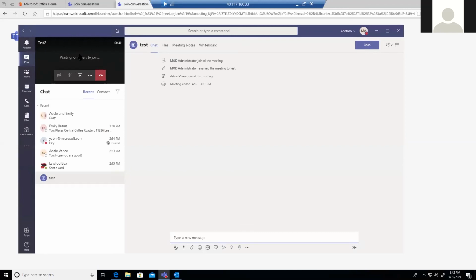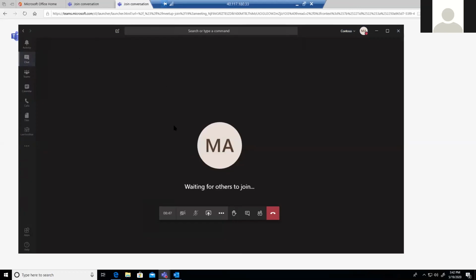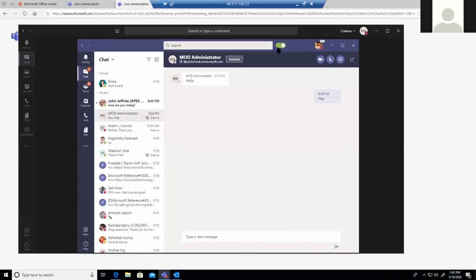But with our customers giving feedback, now we have a different option. Whenever we join the meeting, it will open in a new tab altogether. It will not open in the same Teams, the experience you see right now. Okay, so if I want to show you that, this is my Teams right there, and I'm in the preview option.